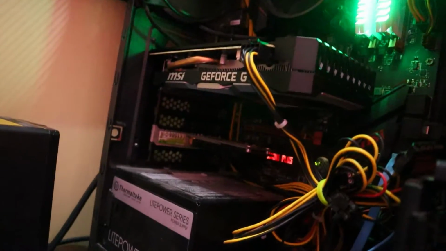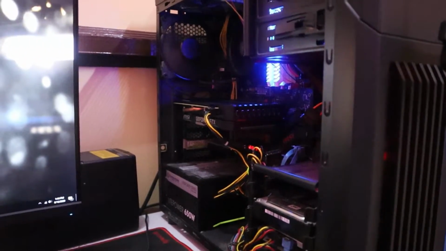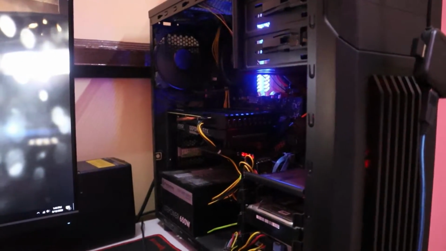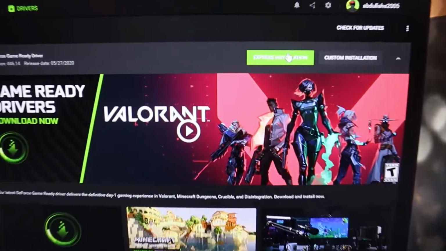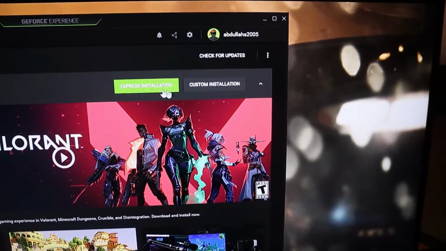Okay, so I've installed it, so let's start it up. Okay, so there it is. I've already installed it, I've started the computer, and what I can make out is that the fans are a little bit louder than my 1050 Ti without the case, and what I feel is that with the case it wouldn't be much of a problem. At least for me it is not a problem. And as you can see, there is a driver update available, so I'm gonna install it.